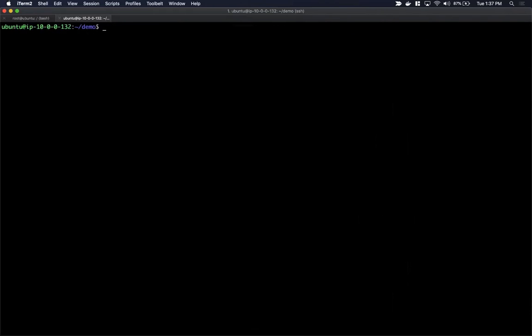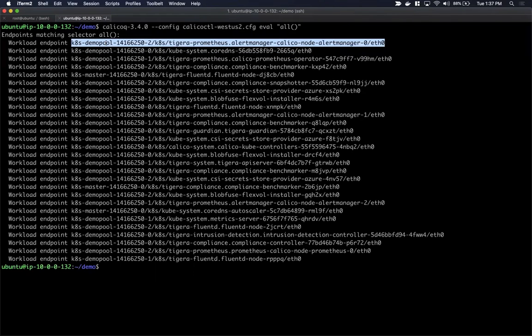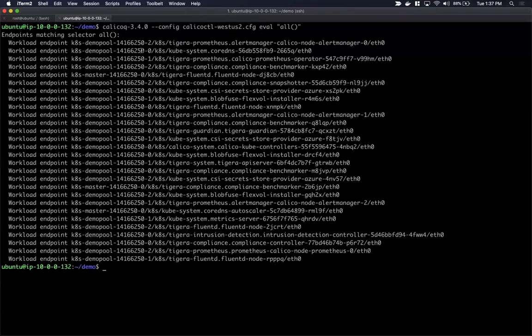Let me show you. So Calico query allows us to query the endpoints for a particular cluster. What I'm doing is pointing it at a configuration that says, hey, talk to the West US2 cluster, and I'm evaluating all. This function will show me all of the endpoints on this cluster. So you can see right now, these are the pods. An endpoint in Kubernetes is basically a pod. And you can see that the workload endpoints right now for this particular AKS cluster are all local to the West US2 cluster. If we look at the East US cluster,